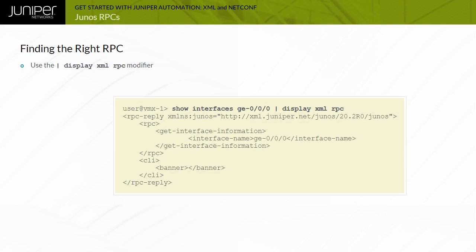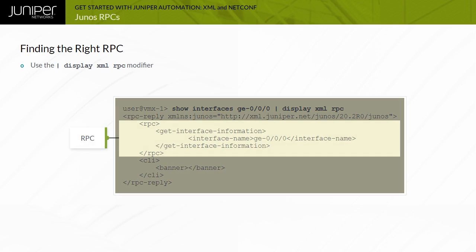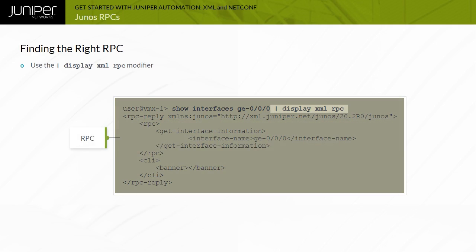To find the equivalent Junos RPC for the show interfaces ge-0/0/0 command, issue the show interfaces ge-0/0/0 command with the pipe display xml rpc option. You should retrieve a reply similar to the one shown in the example. The pipe display xml rpc Junos CLI command option helps determine the correct RPC, but it is not the authoritative